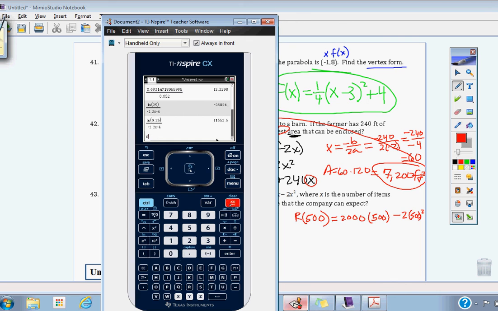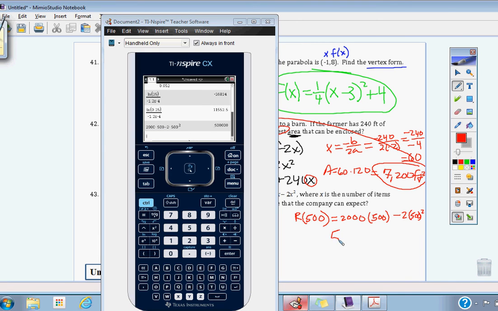2,000 times 500. This is really kind of obnoxious. I don't know why this is giving me such issues here. Minus 2 parenthesis 500 squared. Finally, yeah. So you're just firing it in. It's basically what we got. So we got 500,000